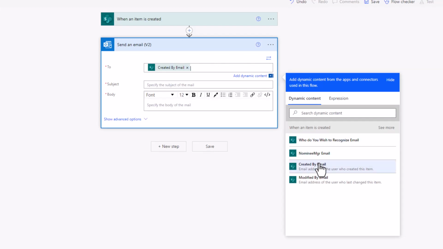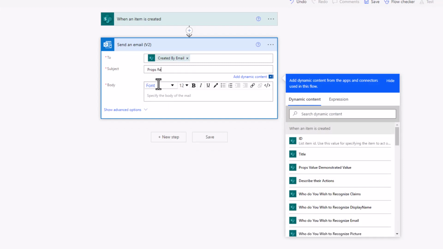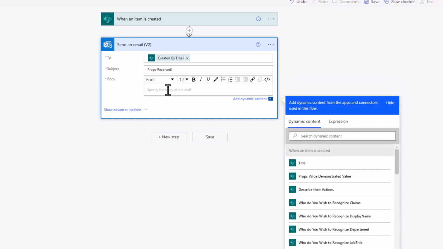So we're going to select created by email. And what's the subject going to be? It's going to be props received. Again, you can have whatever you want in here. Now, Microsoft has given us in the send v2 email a very nice GUI interface, which we're going to leverage